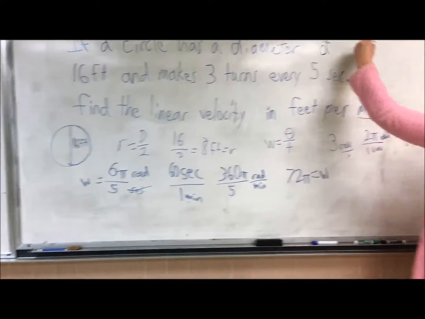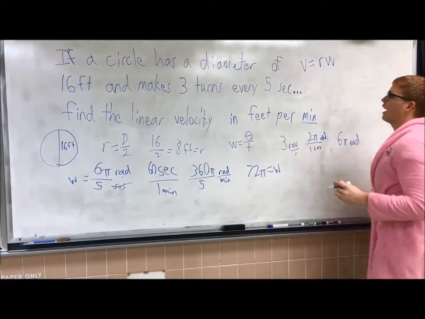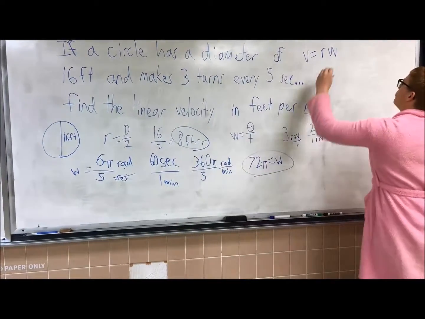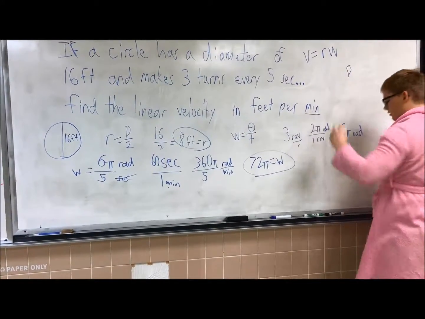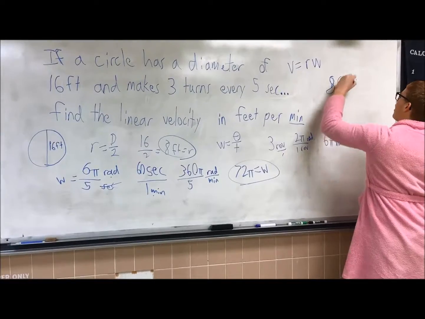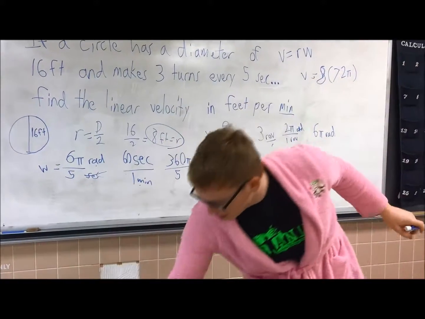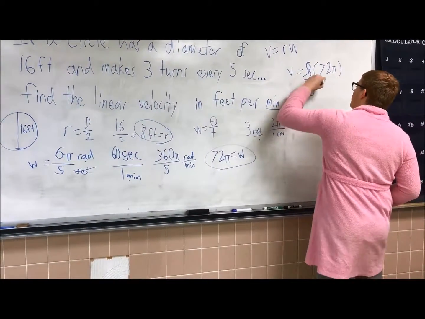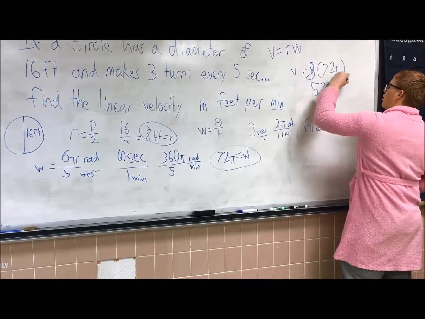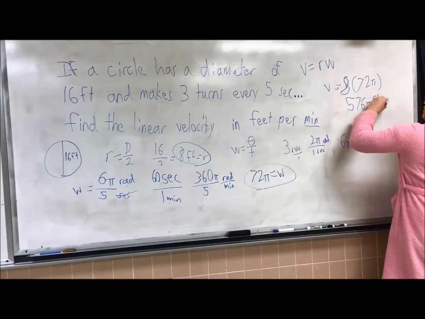Now we plug it into the equation V, or our linear velocity, equals RW. We have our R right here, and we have our W. Plug them in: 8 times 72 pi. 8 times 72 is 576. That would be in feet per minute, because it transfers to the linear unit you were using before, which is feet. So feet per minute equals